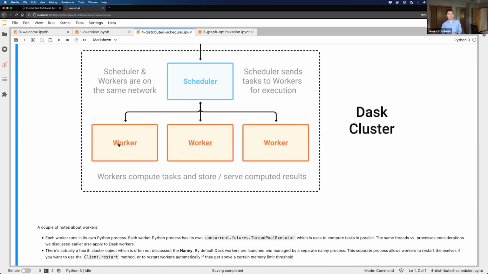This is useful in particular if you want to use client.restart. Having some external process, in this case the nanny process, monitoring a worker allows us to restart the worker explicitly by using client.restart. Dask also lets you set memory limits. So if the workers start consuming too much memory, the nanny will automatically restart the workers for you. And that extra external process, in this case the nanny, is needed and required to have that functionality. So I just wanted to point out those additional